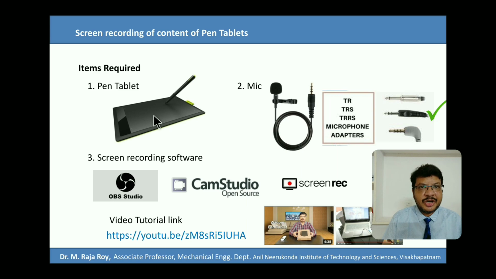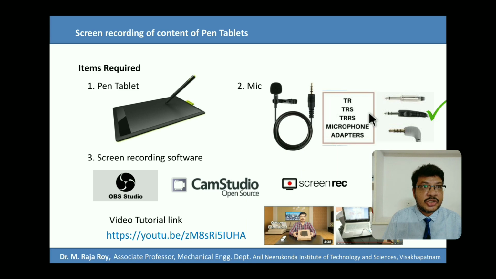It is somewhat difficult to use. You have to get habituated to this for a few days. But this is a very good gadget replacing the whiteboard. You can connect this to either your desktop or laptop, and you can record the screen. So the explanation you can give with the help of this mic.